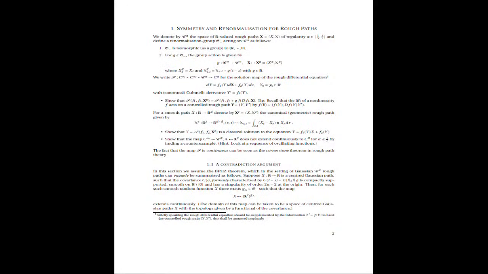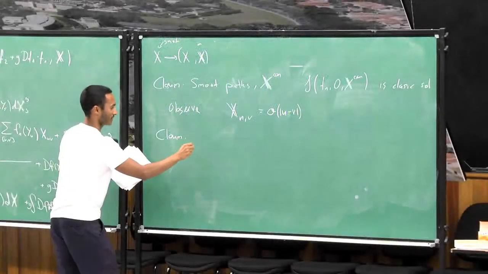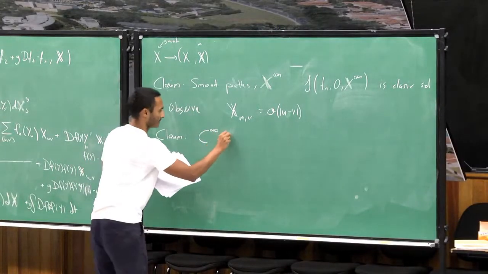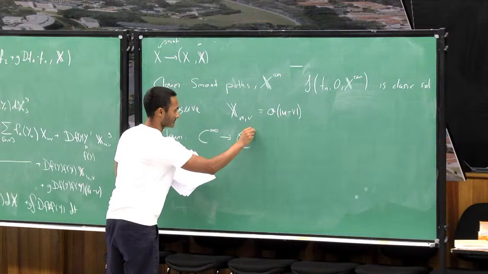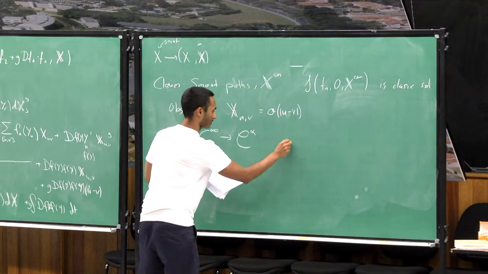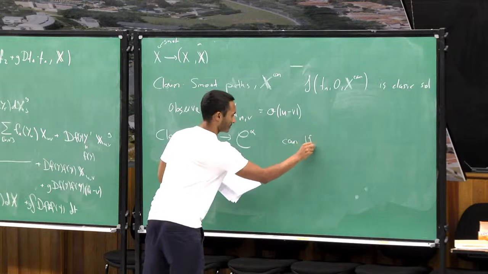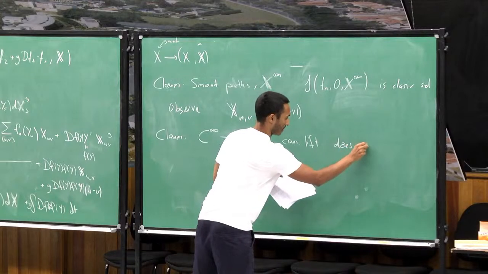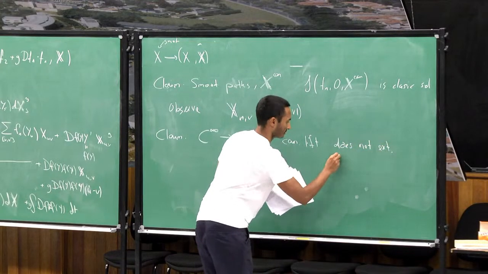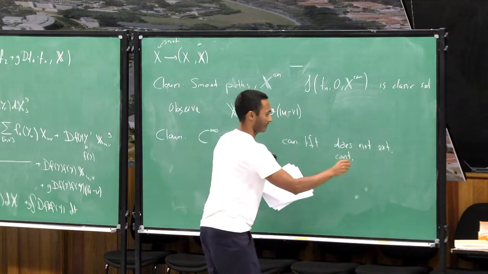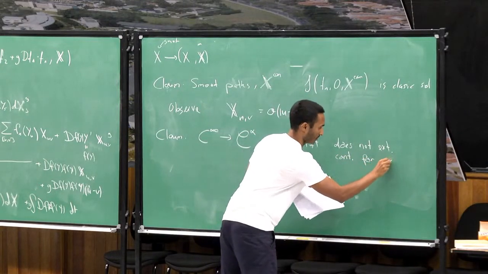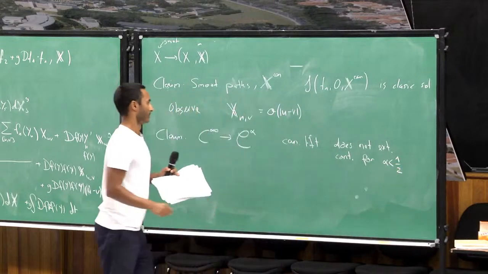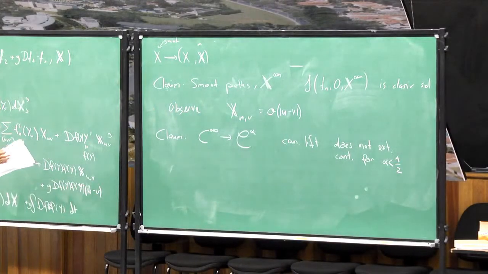Okay. So the last thing is that we want to show the claim that the map that we can define from C infinity to rough paths and C alpha, the canonical lift, does not extend continuously for alpha smaller than 1/2. And this time we take kind of